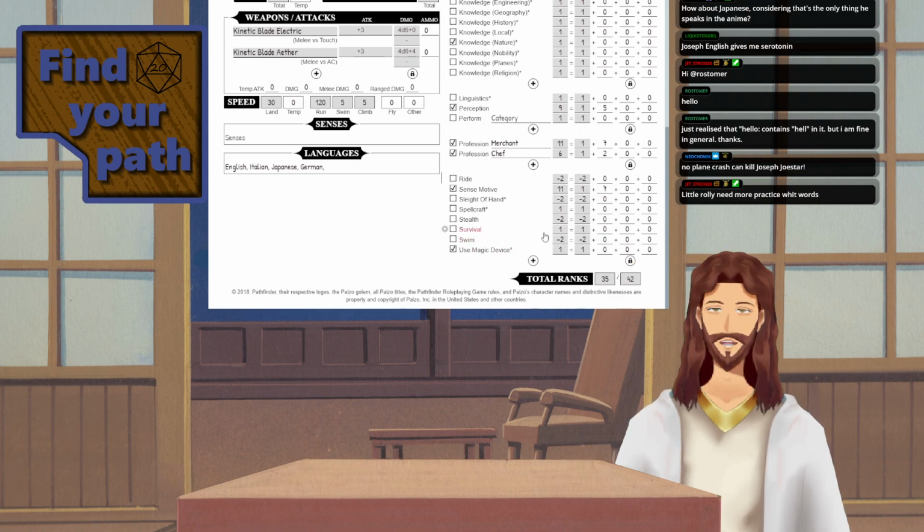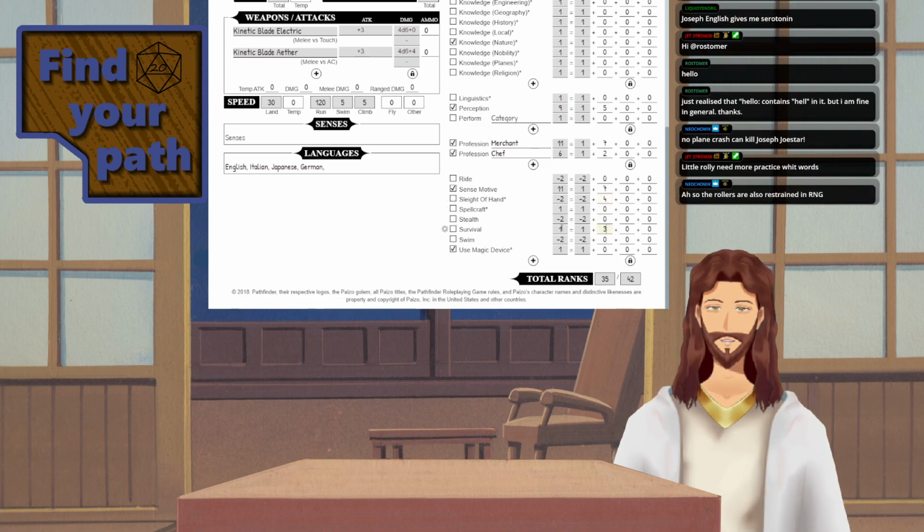So then, let's see here. Joseph Joestar's sleight of hand has been pretty good, and his ability to survive in the wild is also fairly decent. And with that,